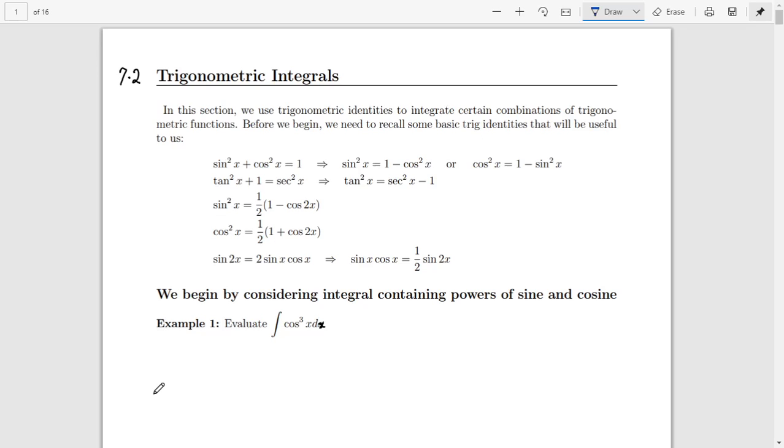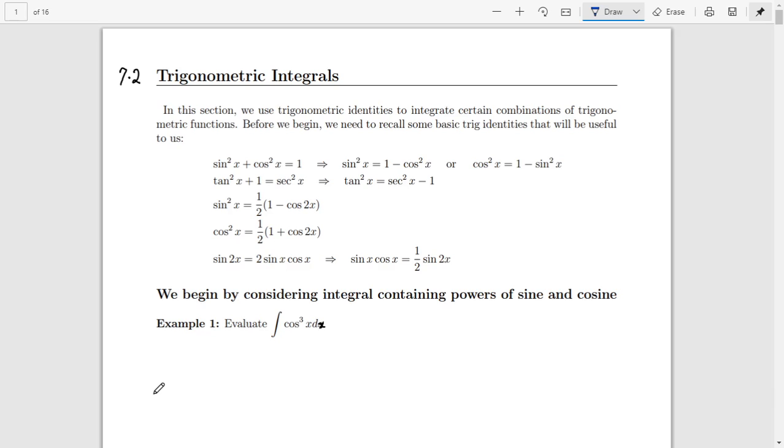In this video, we'll begin section 7.2, that is trigonometric integrals. We'll try to use trig identities here to integrate certain combinations of trigonometric functions. Before we begin, it is important we recall some basic trig identities that will be useful to us in this